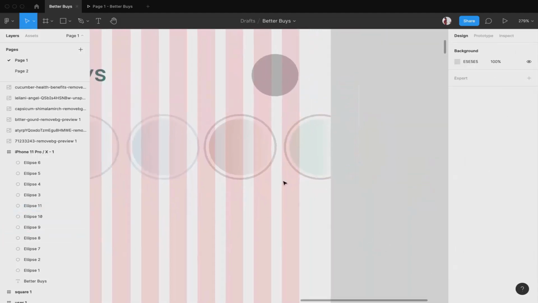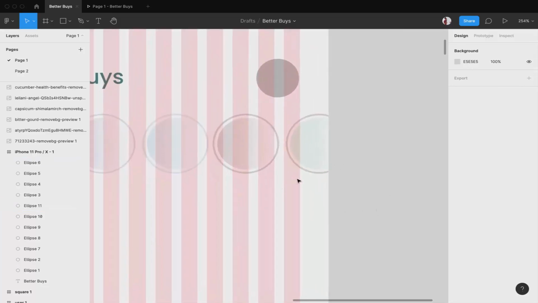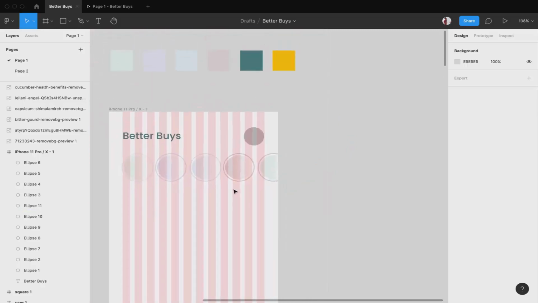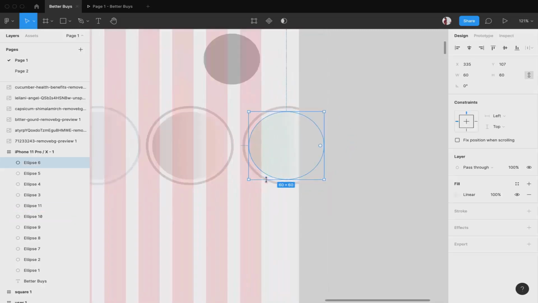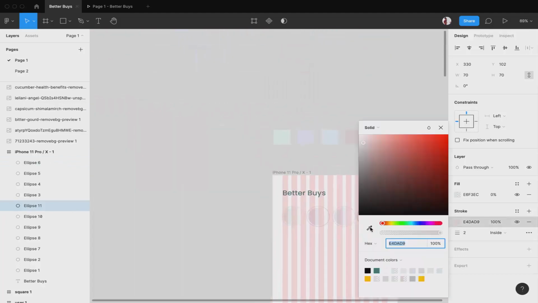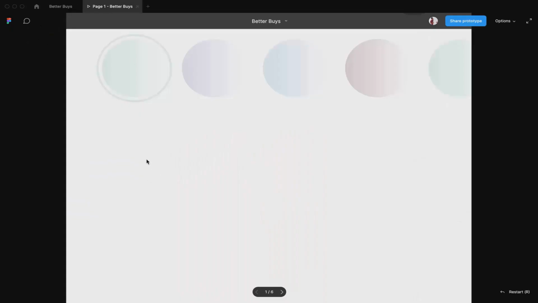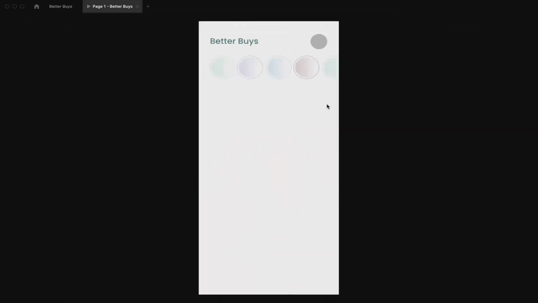So then if it is not selected, I am only able to see half of it, meaning only the part that is on the screen. Okay, so you understood what I was trying to explain. Now again I'll select the outer one, change the color of the stroke to the first one. Okay, now if I go and see, it looks a little bit better.